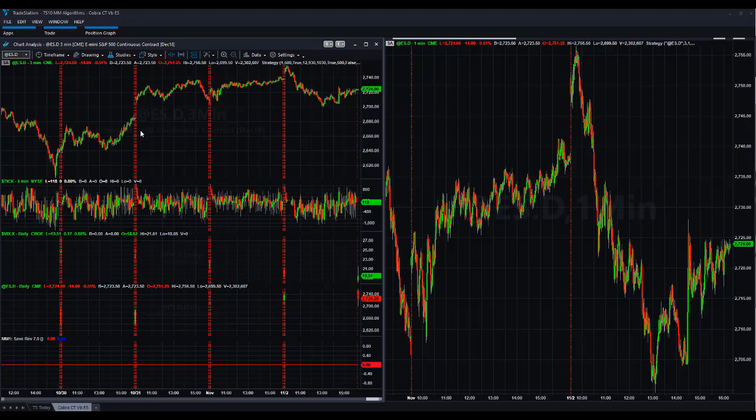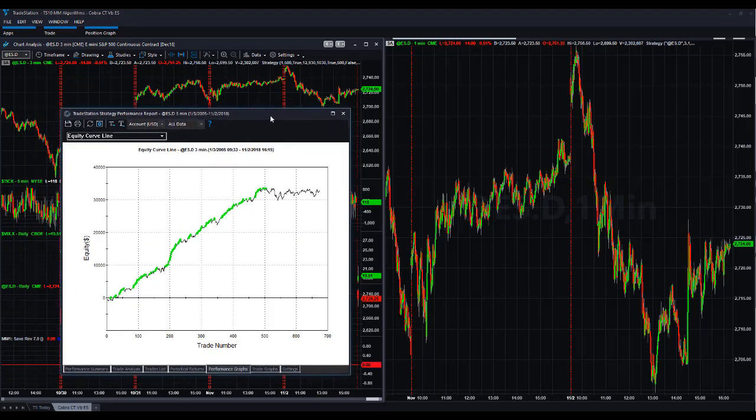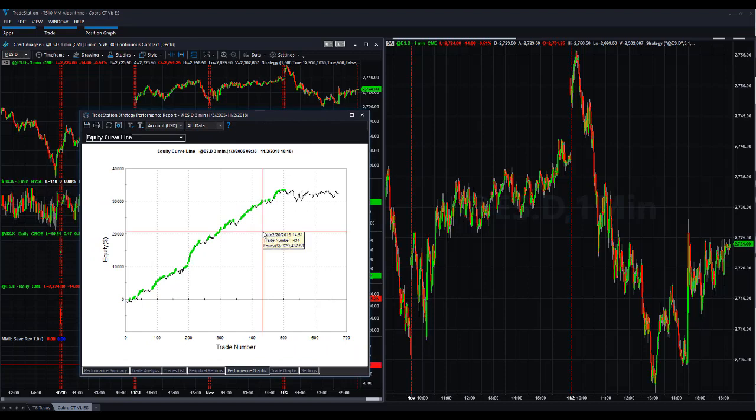TradeStation 10 has been officially released. I want to show you the latest on the money management algorithms. I want to talk about a specific algorithm called the degradation algorithm. Here's our Cobra CT5B strategy that has served us well in the past. It's gone sideways since about 2014, and I've tested this degradation algorithm for a while, and it's one I want